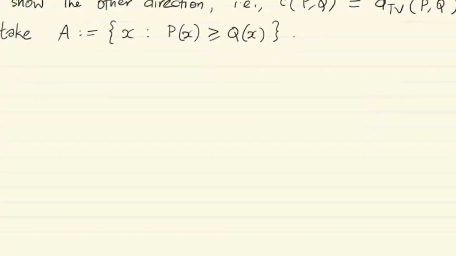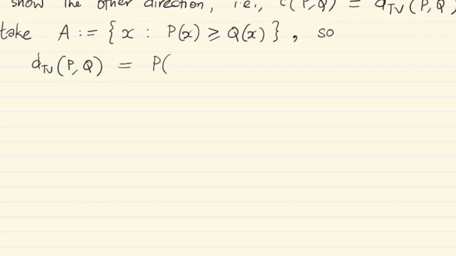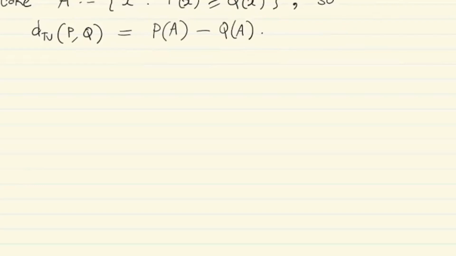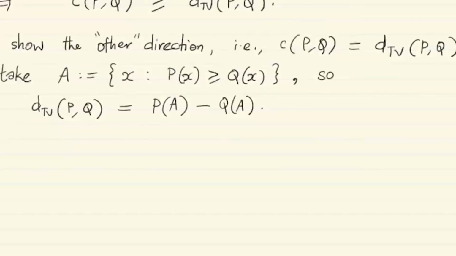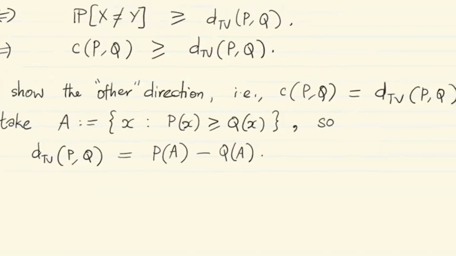Okay, so it's easily seen that in this situation the total variation distance between P and Q is simply the size of A as measured by P minus the size of A as measured by Q. So this gives us an expression for dTV(P,Q) in terms of this distinguished set A. And now we will set about constructing a coupling, a joint distribution between P and Q, or between X and Y, whose X marginal is P and whose Y marginal is Q, and which essentially minimizes the probability that X and Y are different in the joint sense. So, for doing that,